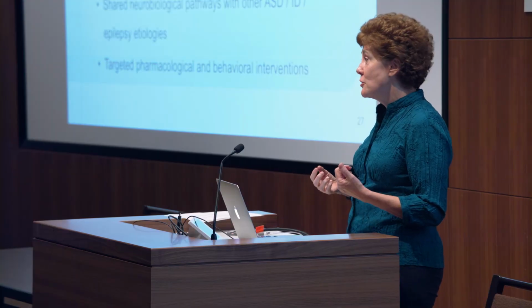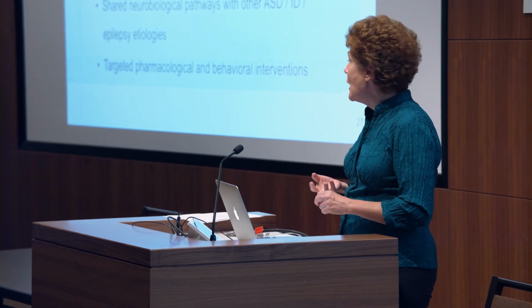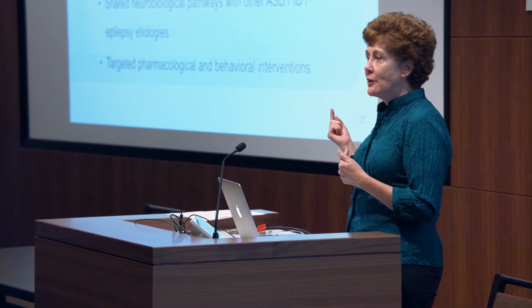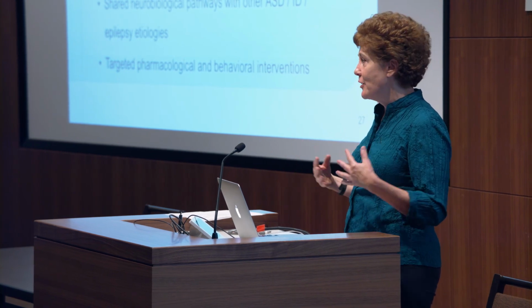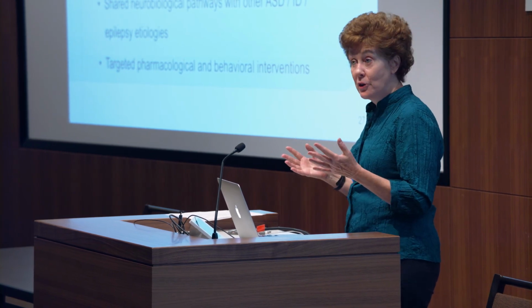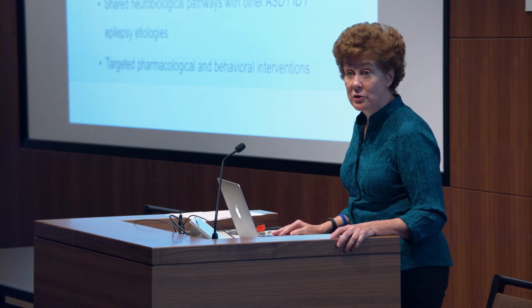Conditions like Fragile X syndrome are light years beyond, in many ways, many other conditions. They've been at it longer. They have a single gene. They have a simpler mechanism. But what can we learn about Fragile X, or what can we learn about tuberous sclerosis? How do we compare and contrast and figure out where are the shared underpinnings so that we can piggyback some of our research on what other researchers are doing?